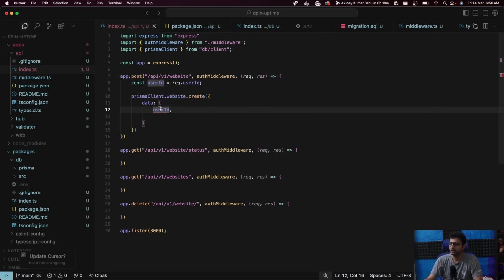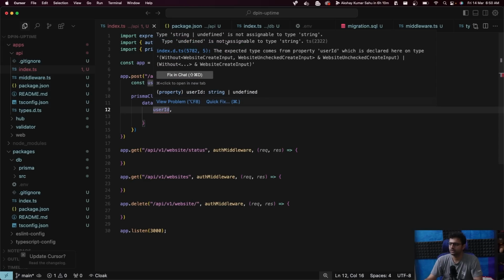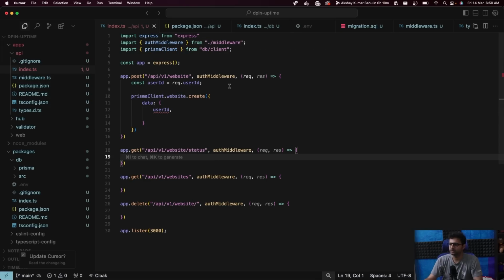Type. What is it saying? Type string or undefined is not assignable to type string. So because of that reason, in TypeScript, if you are sure something will exist, just add exclamation. That just tells TypeScript, okay, this will not be undefined. And as you can see now, the type is a strict string. User ID,